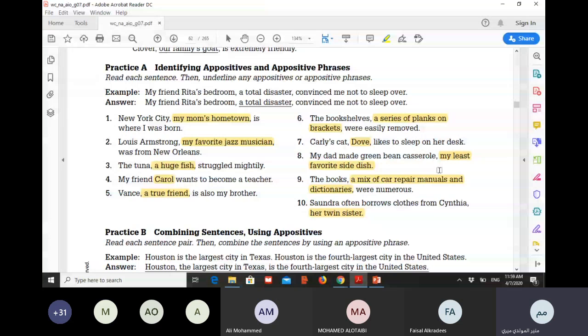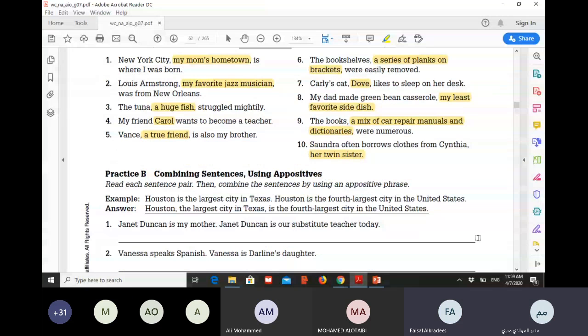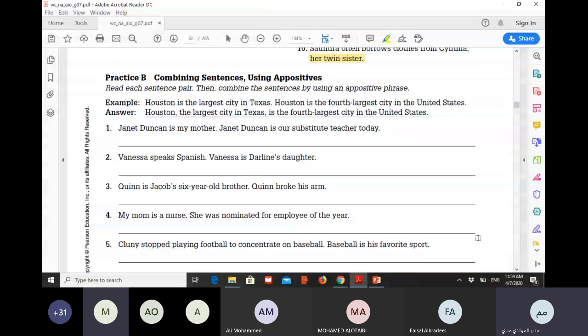Muhammad Dashawi has been reading. Muhammad Dashawi, can you repeat your answer again? Janet Duncan, comma, my mother, comma, is our substitute teacher today. Excellent. So it can be written in both ways. Your sentence is right, very good, and it can also be written in another way. Can you think of it? Either we say Janet Duncan, comma, my mother, and then another comma, is our substitute teacher today, or